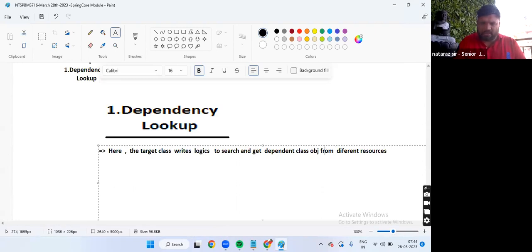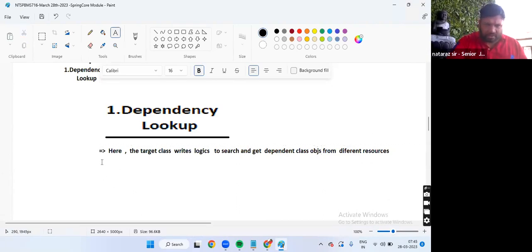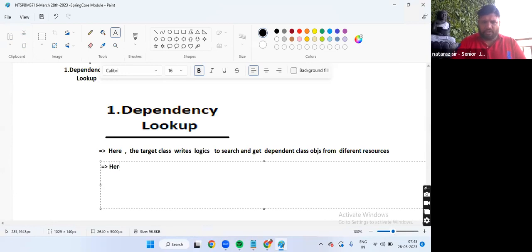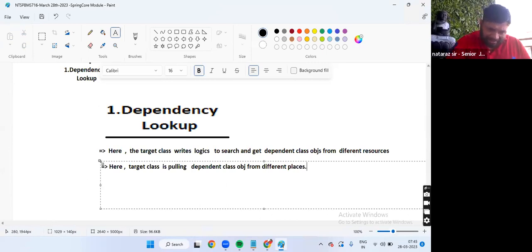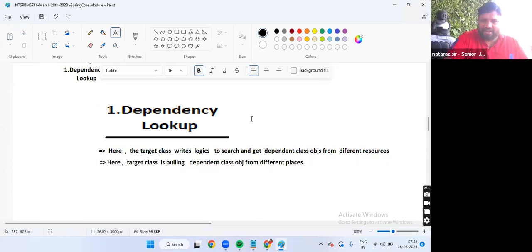Here, the target class is pulling dependent class objects from different places. Clear? It is definitely searching and pulling. It is spending time to search and get it, right?